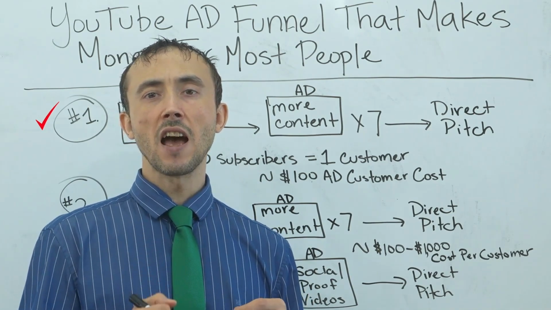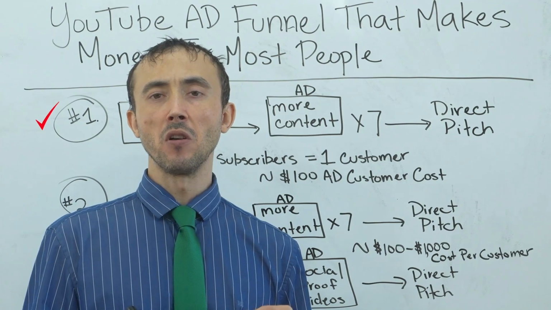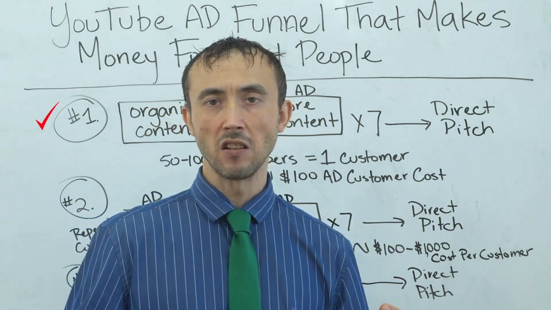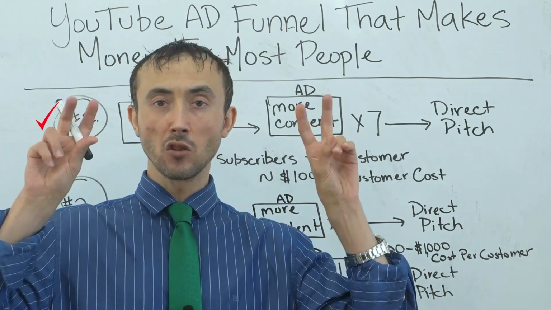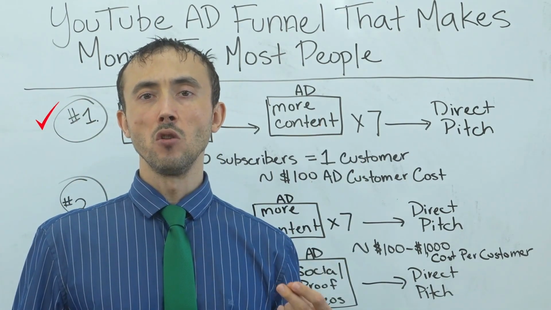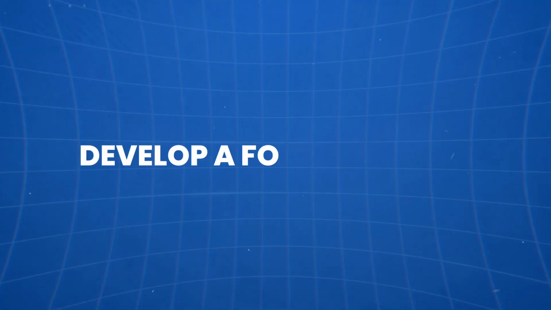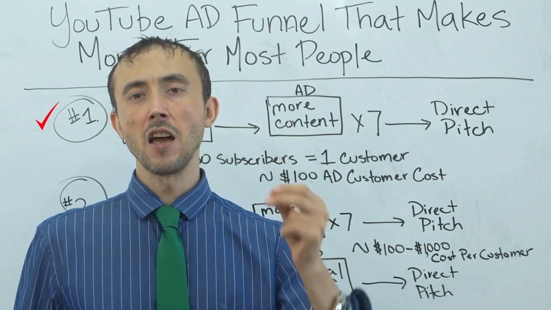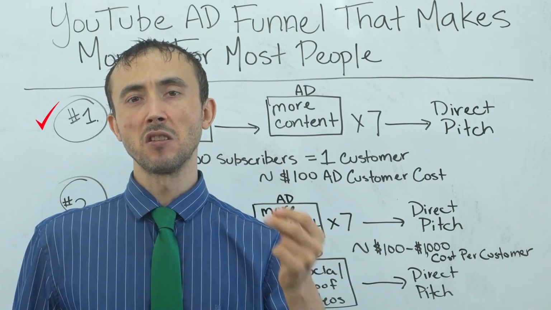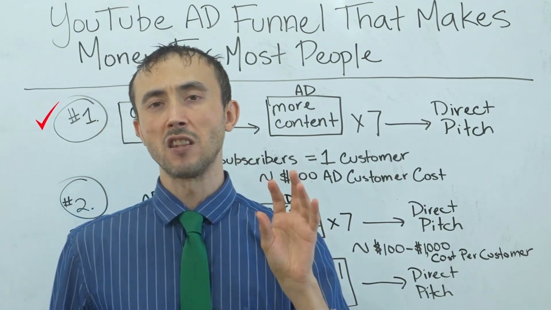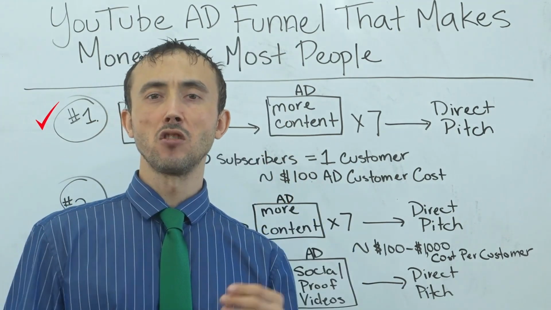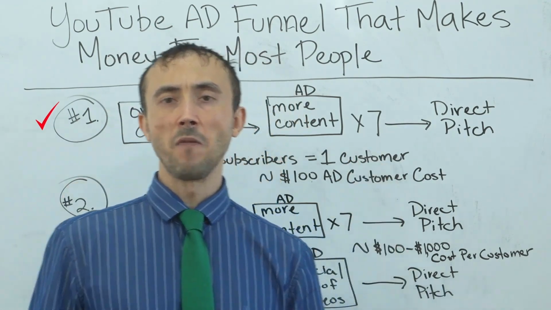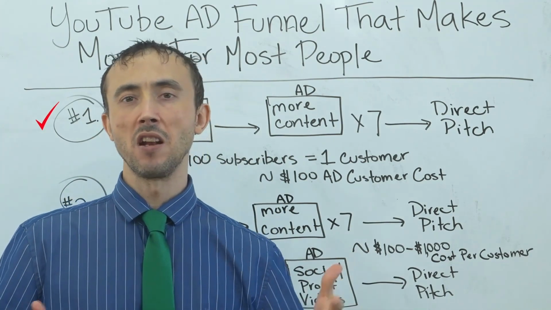Okay? You can actually make money advertising to people and then getting them to know, like, and trust you, but it's so expensive to do that. So expensive, in fact, the cost you think it costs to put together organic content and develop a follower list is actually cheaper most of the time than it is to try to advertise to the same people and get them to know, like, and trust you that way. Of course, it's easier because you buy the ads and you're in front of them right away and there's no build-up period, if you will.